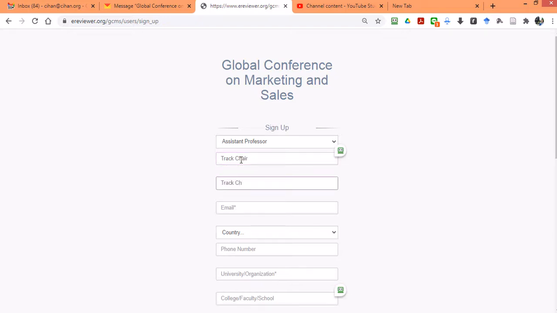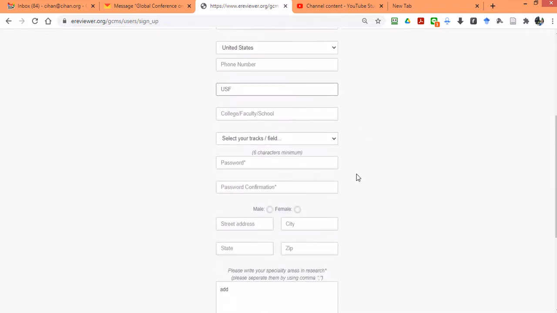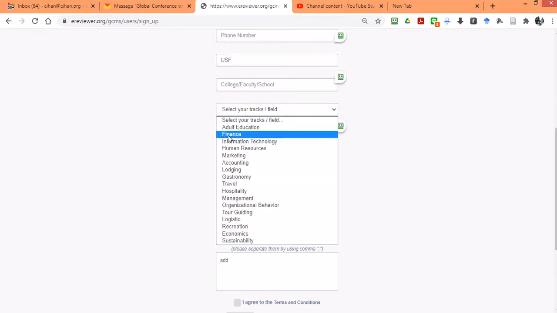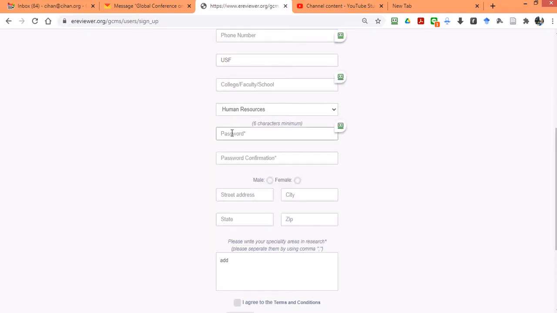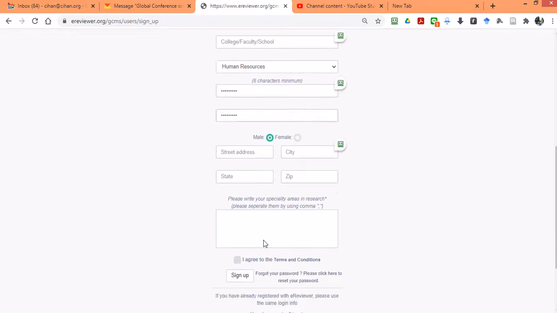I am doing this so that you can recognize what I'm doing. Track chair at, I'm putting my email because all the emails come into the same place. I simply choose the ones with the star, which are required. So let's just put them in here. So this was human resources. Imagine that I put that in there. I'm going to put a password. So I am again track chair. I'm creating an account. So this is what you need to do to tell your